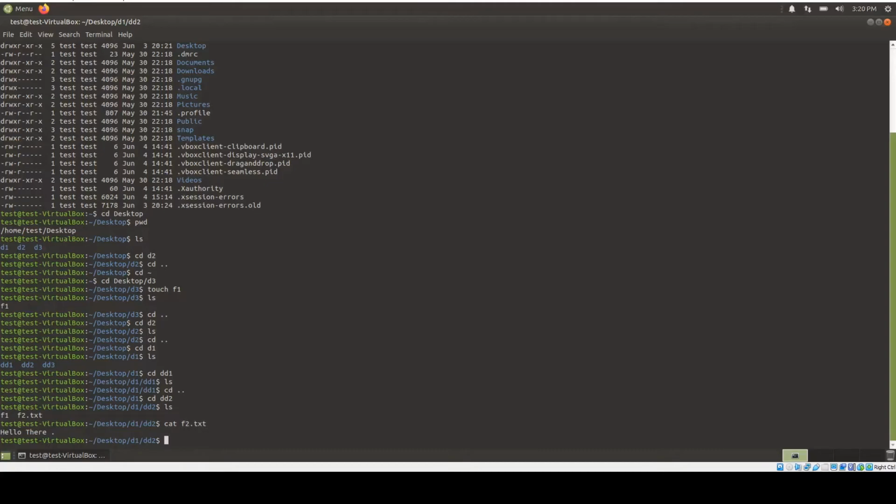Now if I want to move some file from here to another directory, we use the cp command. So I will try to move the f1 file from here to the dd3 folder. For that I will use cp space file name space the directory we will be using.